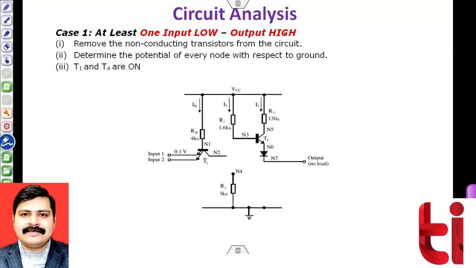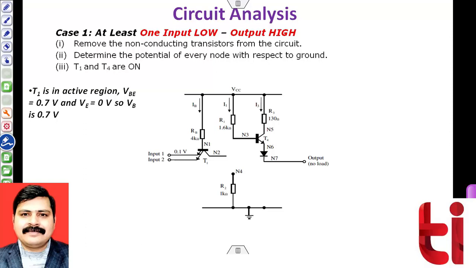And one can see that among the 4 transistors over here, only 2 transistors can be seen, transistor T1 and T4. This indicates that only T1 and T4 are in on conditions. However, transistors T2 and T3 are in off conditions. So now let's see the working. In the first case, we have considered that any one input is at low condition. So between these two inputs, if any input is at low level, then what will happen?